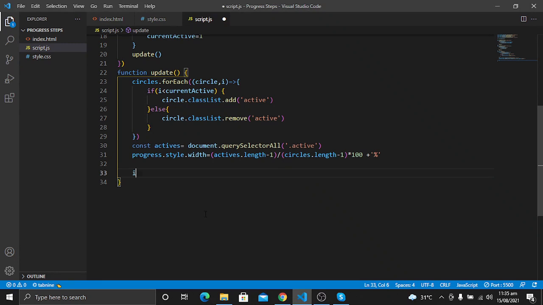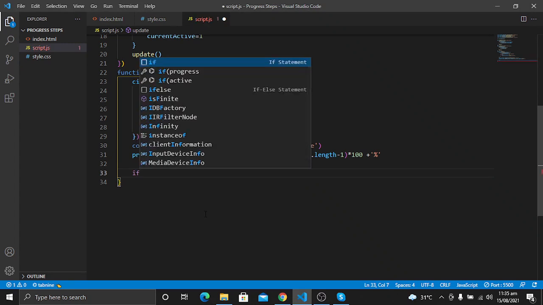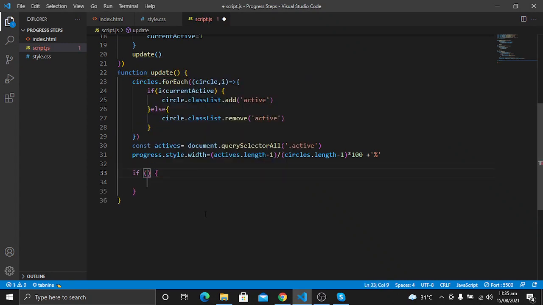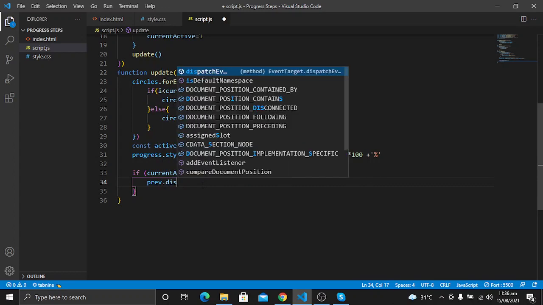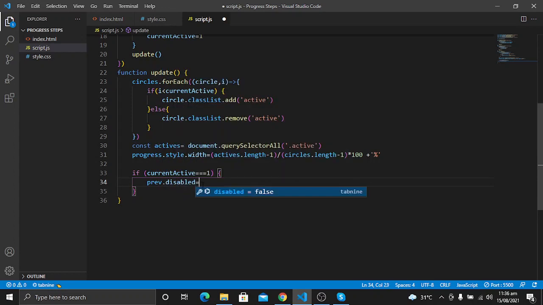So I will write an if statement, and the condition is: if the current active is 1, then we want the previous button to be disabled. So the previous button will be disabled.